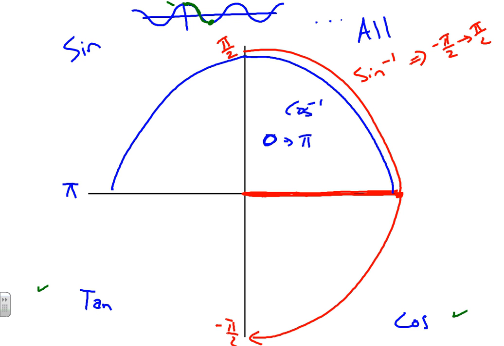How about tangent inverse? Well, tangent inverse, once again, we're going to use the positives here for our positives. Tangent inverse, where is tangent negative? Tangent is negative here and here. And here's the convention for this, I believe. Somewhere along the line, I don't know if this is accurate history or not, somebody got to decide what portions of the graph we're looking at. And I believe this was kind of the thought. Let's stay as close to 0 as we can,